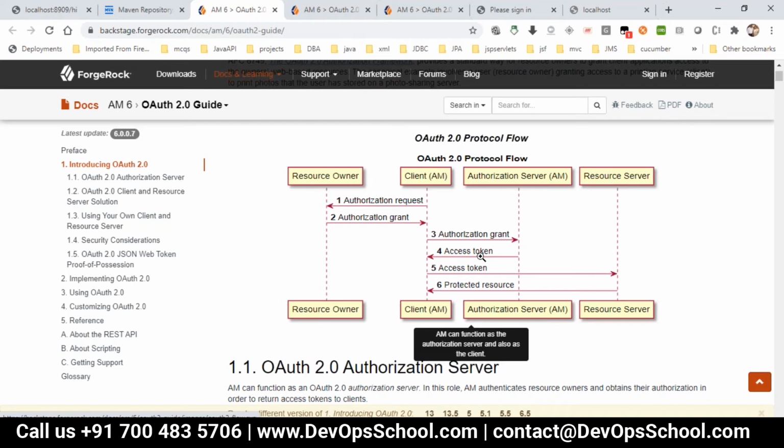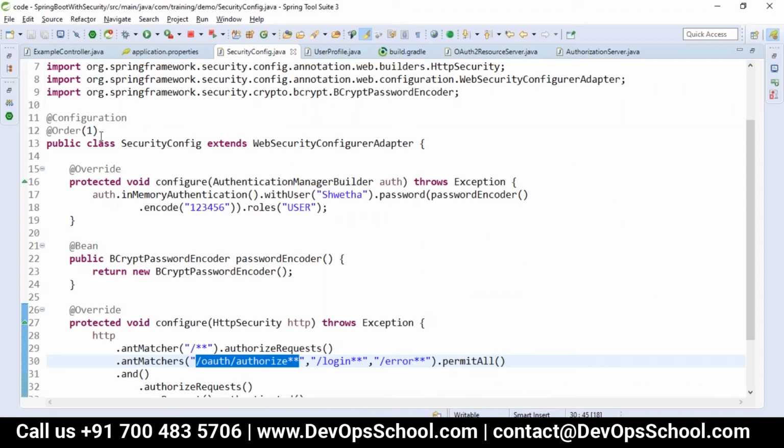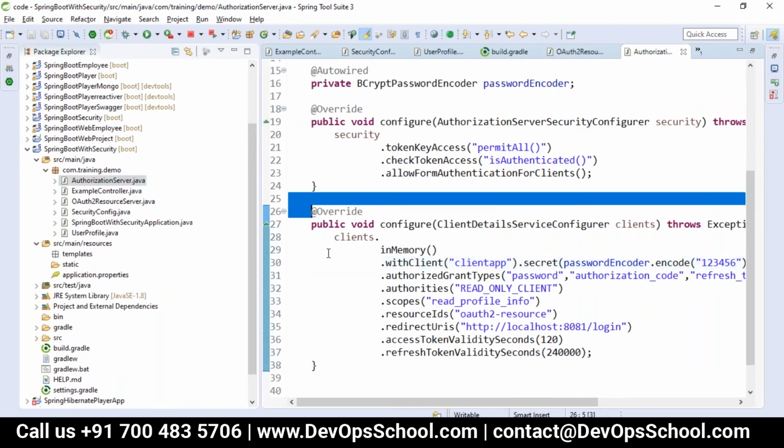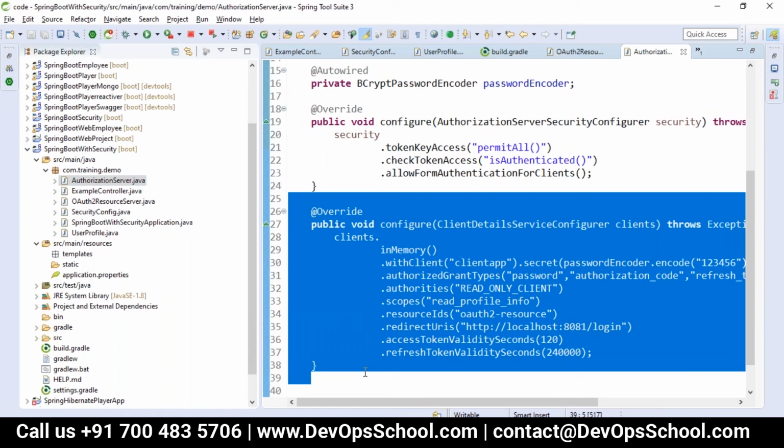Okay, so in our example, the resource owner and authorization server are actually the same server. This is our main application, which is our client security config. We have configured it, then created the resource server, and configured the authorization server here. The authorization server is giving the access token and everything, all running as one Spring Boot application. Usually, it will be a different application, isn't it?